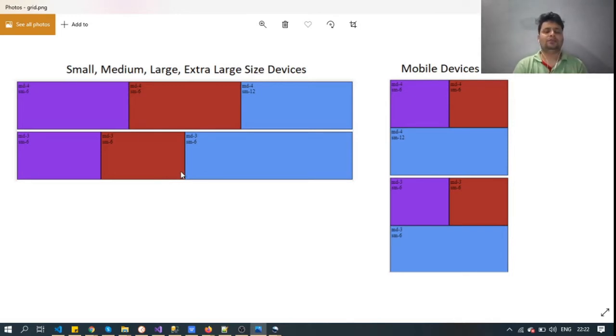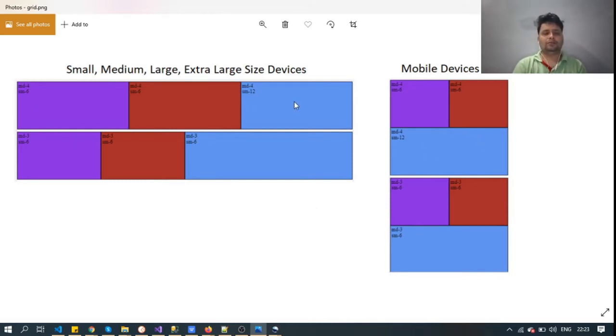The second row is divided in such a way that the first two columns together are equal to the third column. So the first column is of width 1/4, the second column is of width 1/4, and the third column is of width 2/4. But when we render this grid on mobile devices, it looks totally different.